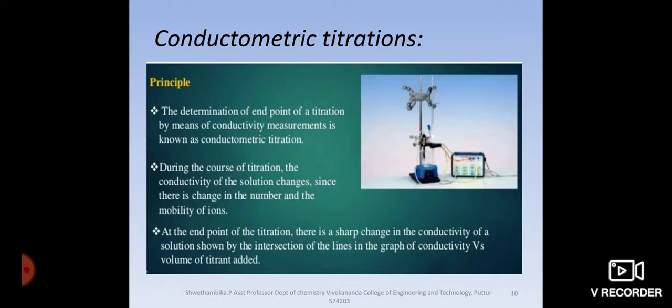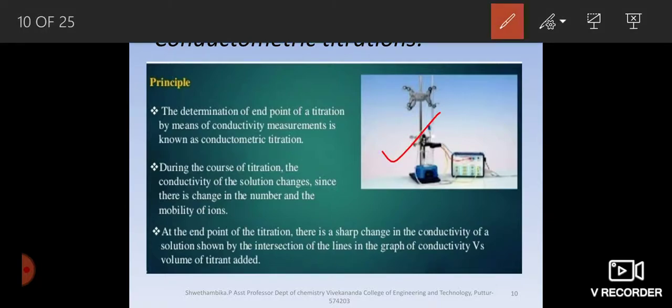Now let us proceed to conductometric titrations. This experimental setup was used in the lab, where you had a conductometer and a beaker, and a magnetic stirrer for stirring purposes. The titrant was taken in the burette and a conductivity cell was dipped. Whenever we go for a conductometric titration, the generalized principle that we follow is written here. Later we will take different cases and study the principle. This is the principle in general for any conductometric titration.